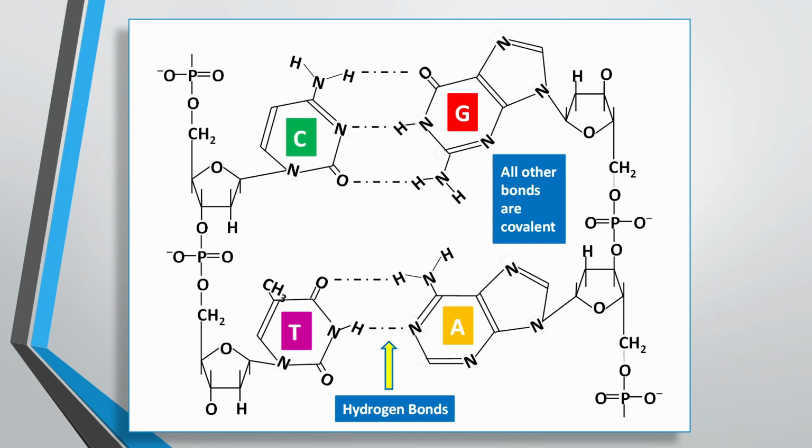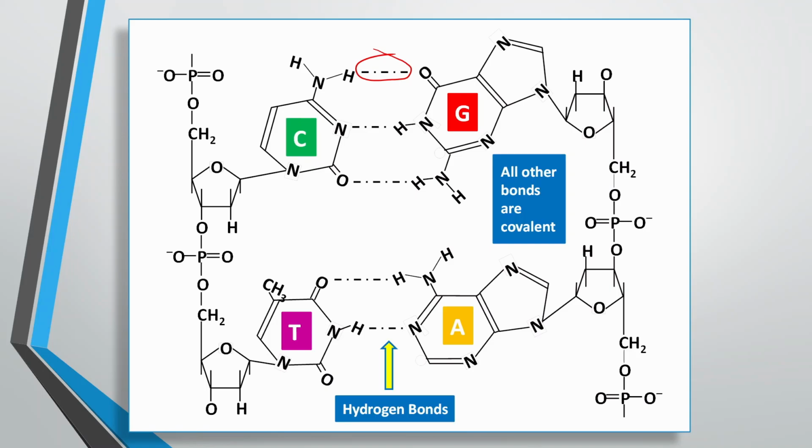Now, notice how A is on the one strand, and it's bound to T on the other. So every time you have an A on one, you're going to find a T on the other, and vice versa. And it's the same thing with G and C. G and C will always be across from one another, bonded to each other. And the base pairing in the middle happens using hydrogen bonds. That's what I'm showing with these dots and dashed lines right here. Those are representing hydrogen bonds. The hydrogen bonds that hold the bases together